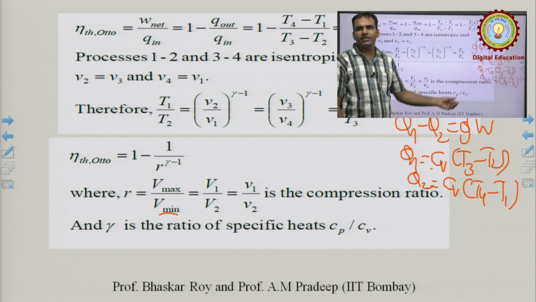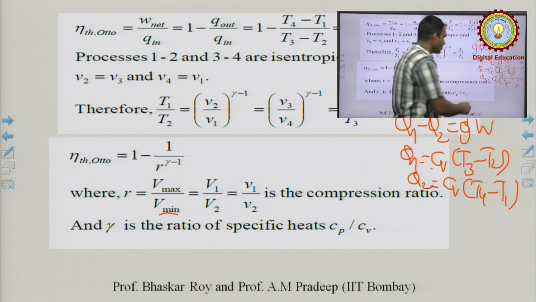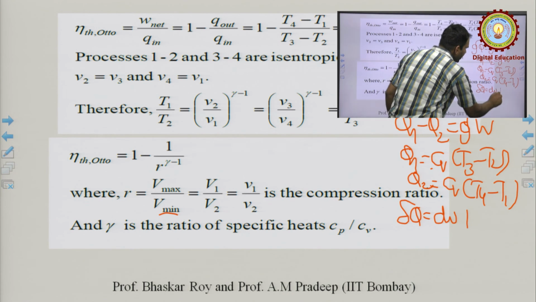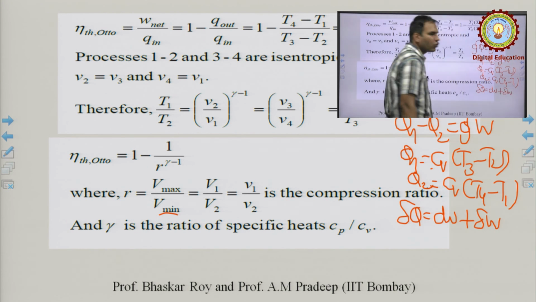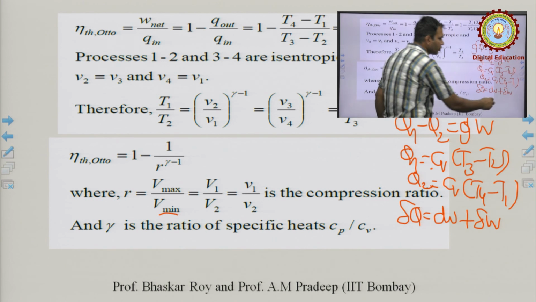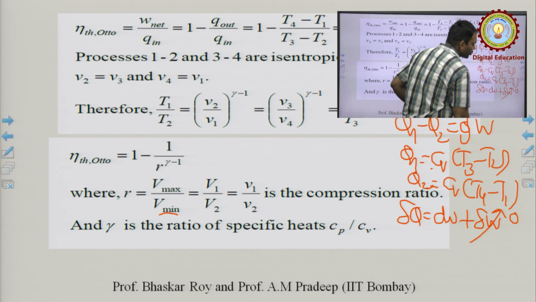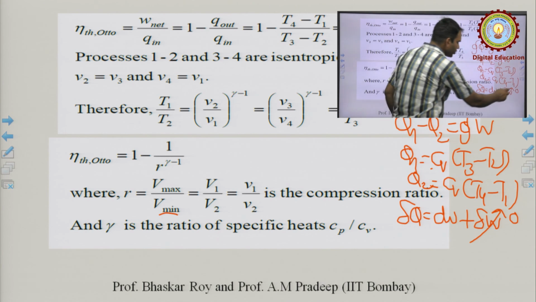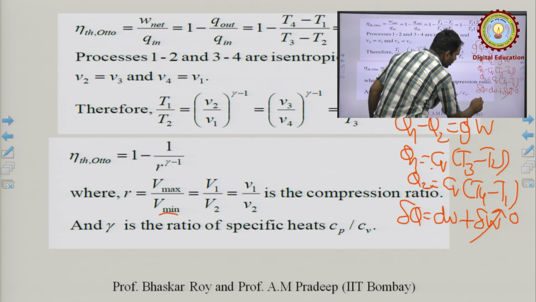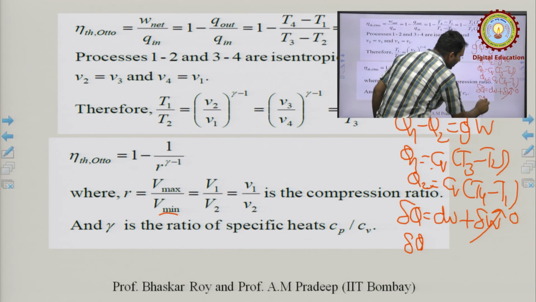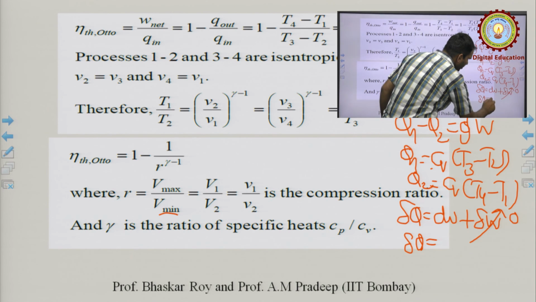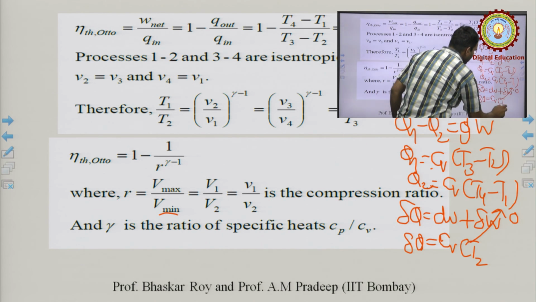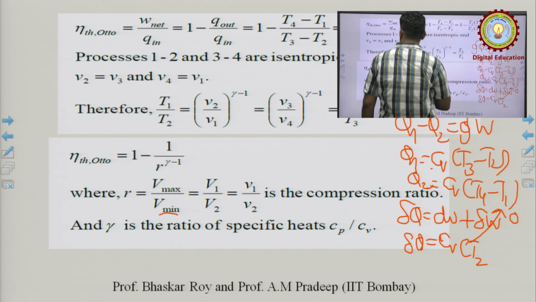You can understand this expression like this also: summation Q is equal to dU plus delta W. Since for a constant volume process delta W is 0, because work done is P dV, and dV will be 0, delta Q can be written as change in internal energy,